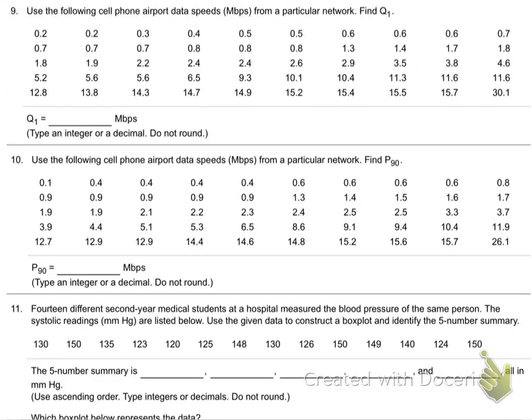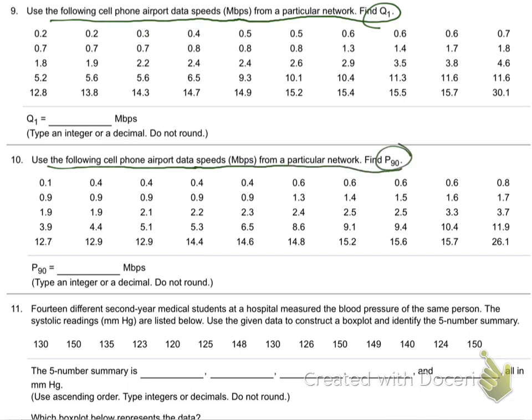Okay, we're on to number 9 now. 9 and 10, I'm going to give you a process to help with this. It says use the following cell phone airport data speeds to find Q1, and then use some other data to find P90. What's it talking about? Let's go over here. So for number 9 and 10,